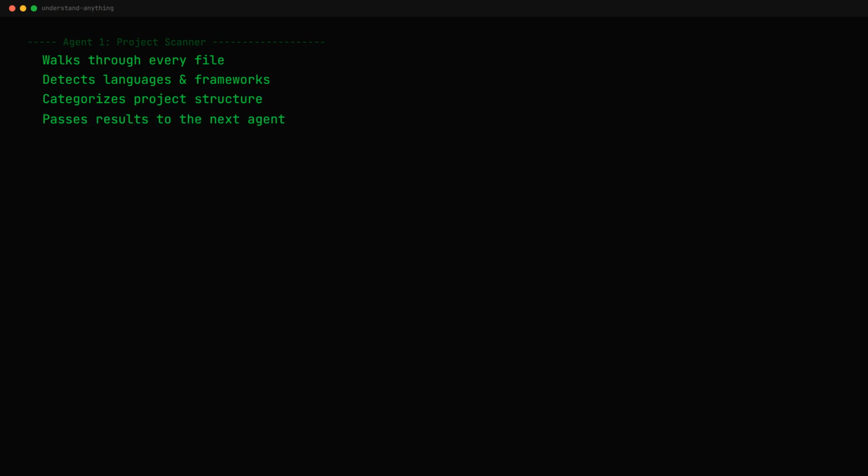The project scanner is the first agent in the pipeline. It walks through your entire codebase, discovering every single file and detecting which programming languages and frameworks are in use. It identifies the project structure and categorizes everything before passing the results to the next agent for deeper analysis and